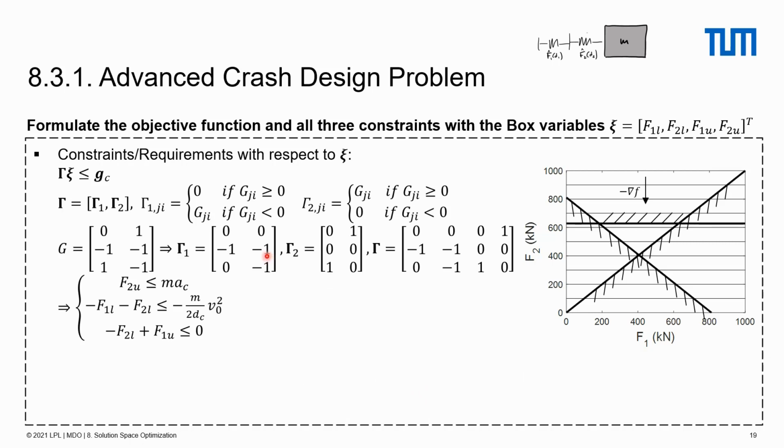Now that we have the original constraints, we can start to rewrite them in the form of gamma times C smaller equal GC. The definition for gamma can be found in the lecture. With G defined, we first need to determine gamma 1. And gamma 1 is actually